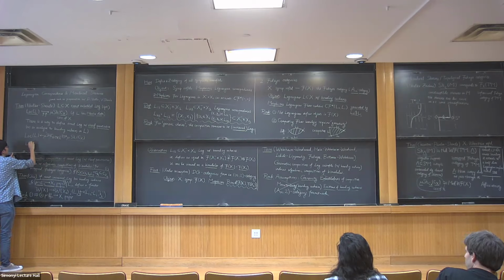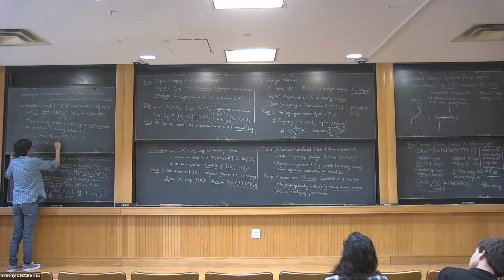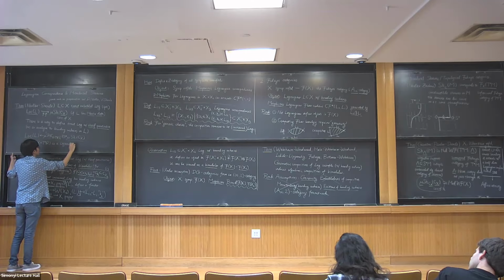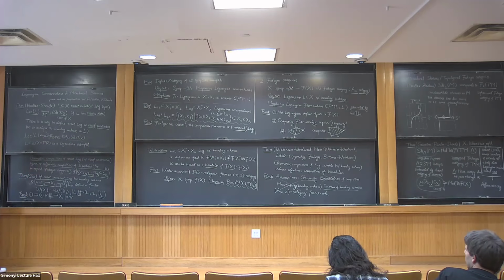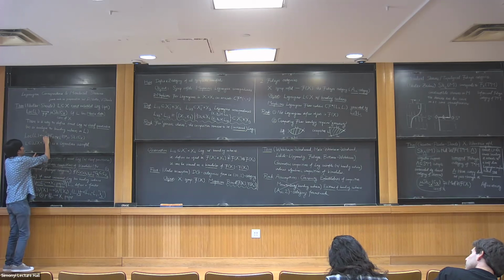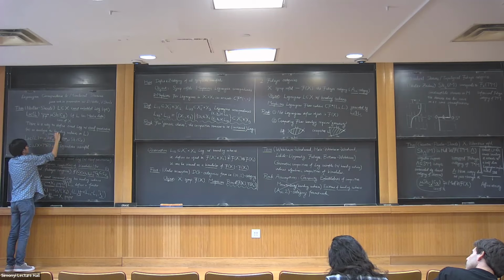Here, L lives inside the boundary of X times T*R as a Lagrangian submanifold. And the choice of an object in the middle is what I call the sheaf quantization